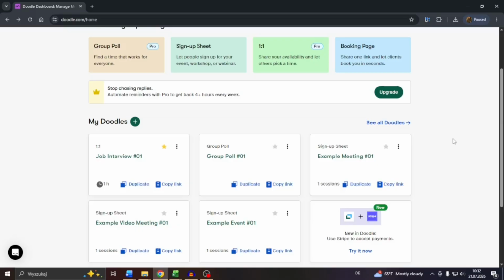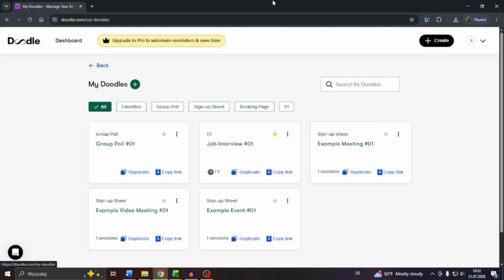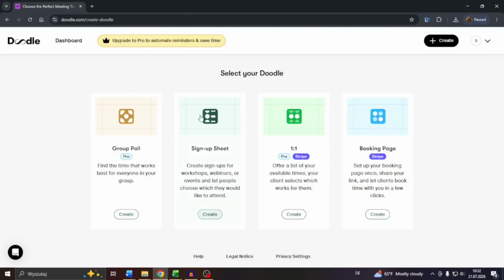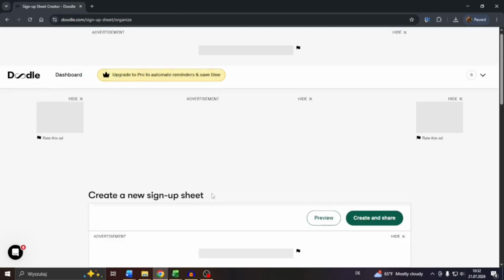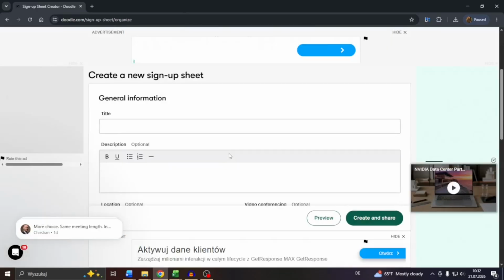Start by navigating to your Doodle dashboard and then scroll down here in the dashboard, select See All Doodles, and then you may create a new one or go through one of these, right? So let me create a new one by clicking to this button, then create here, select the type of the doodle, and then go through that